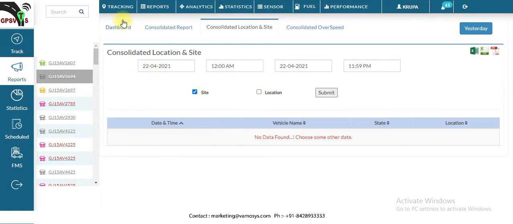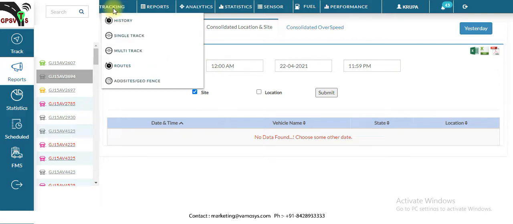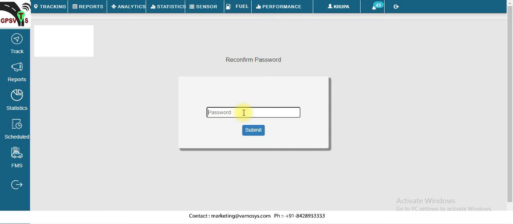How to create the geofence? For that, you have to click on tracking and geofence here. A new window will open. Here, you have to fill in the password.